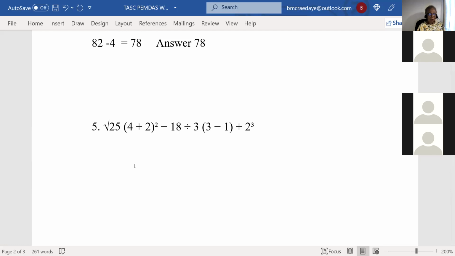So what do we do first, Vanessa? We would do, according to PEMDAS, parentheses first. That's right. You do parentheses first, and you have 2 sets. So your first step is parentheses. Okay, and you have 2 sets of parentheses, right? And let's just put them here. You have 4